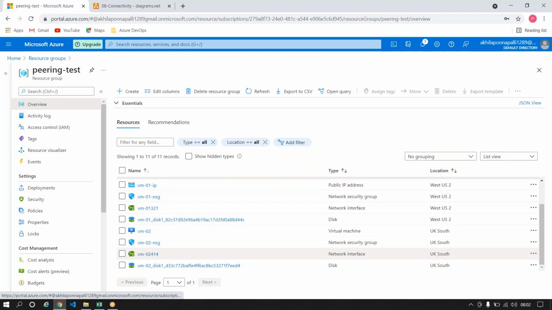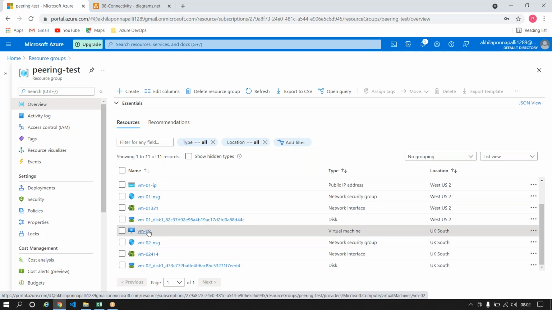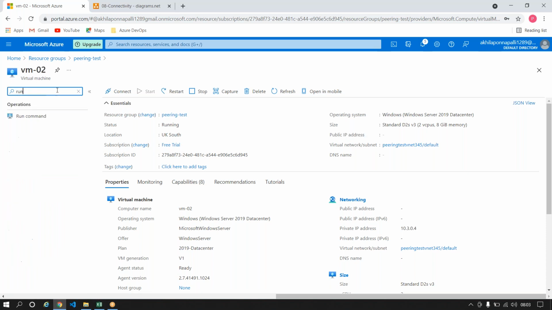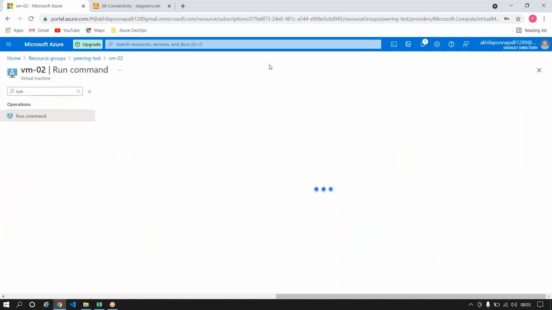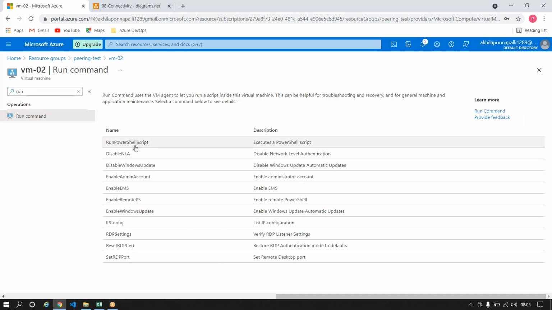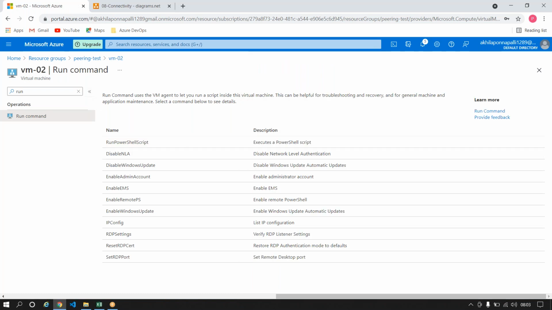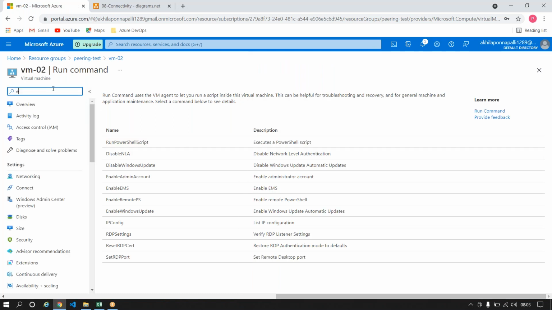So I now want to go ahead and install IIS on top of one virtual machine. But the issue with this is that while I was creating it, I did not place a public IP here. I did not want to place a public IP here, but I still want to execute my scripts. So one way is a run command, right? This is what we were talking about. You can go to run command, run a PowerShell script, and put in a PowerShell script out here. This is one way of doing it, but a better way of managing this is using something called a custom script